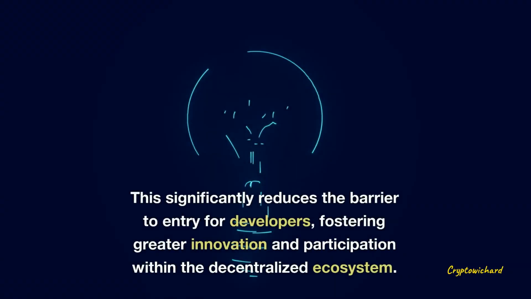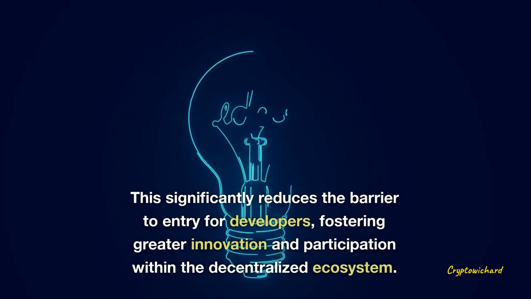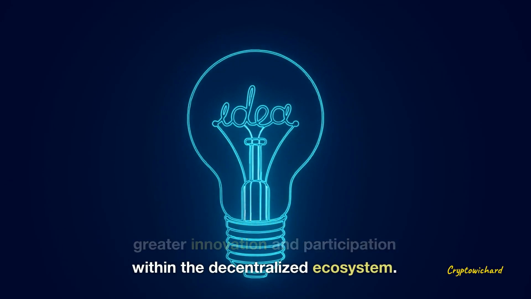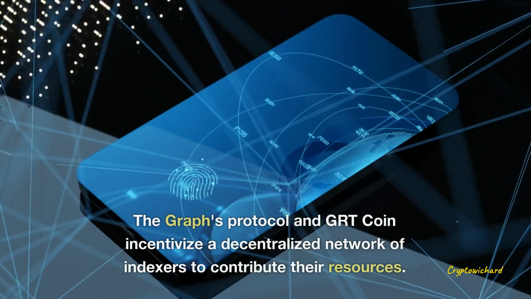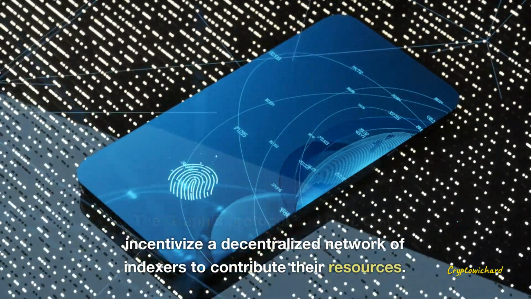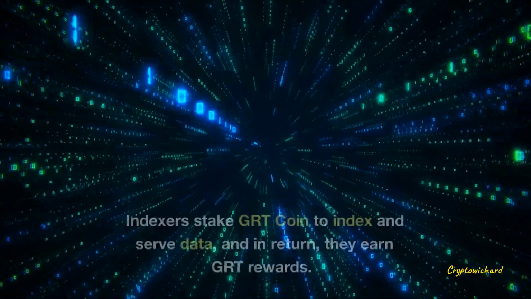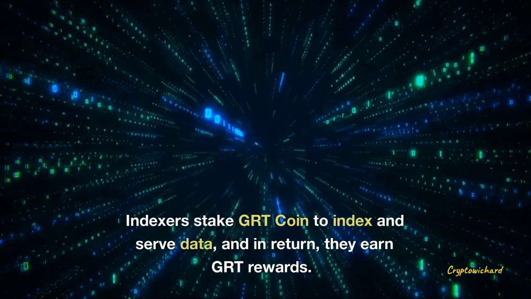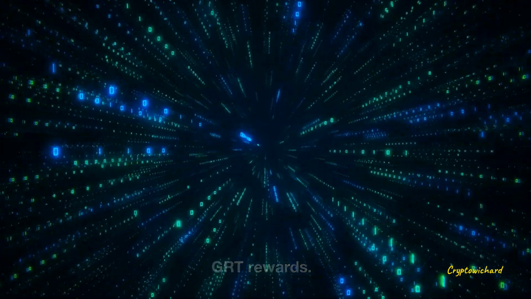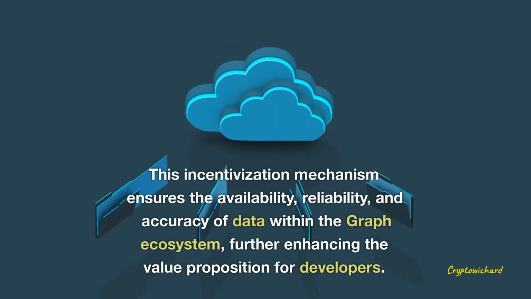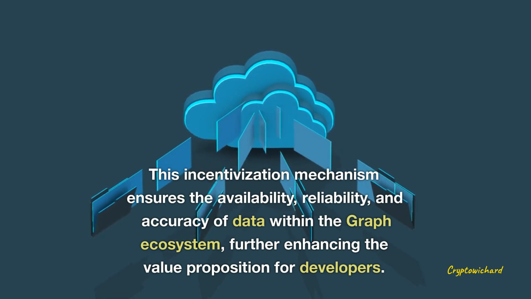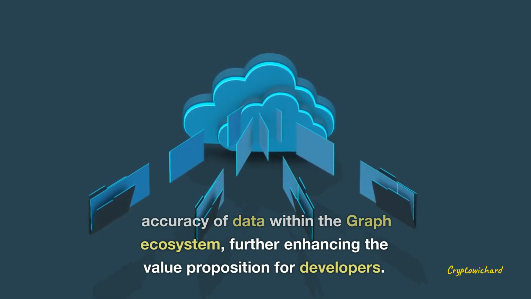This significantly reduces the barrier to entry for developers, fostering greater innovation and participation within the decentralized ecosystem. The Graph's protocol and GRT coin incentivize a decentralized network of indexers to contribute their resources. Indexers stake GRT coin to index and serve data, and in return, they earn GRT rewards. This incentivization mechanism ensures the availability, reliability, and accuracy of data within the Graph ecosystem, further enhancing the value proposition